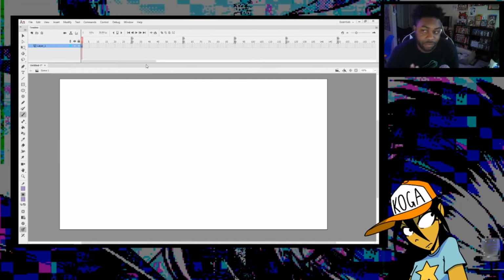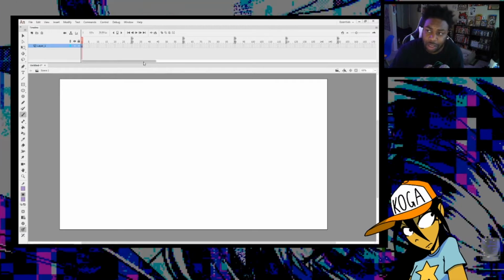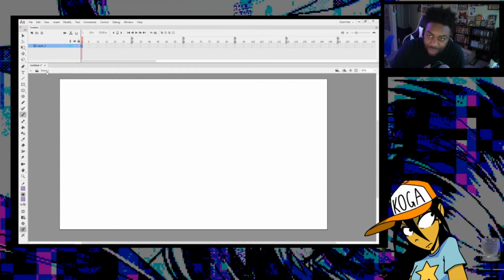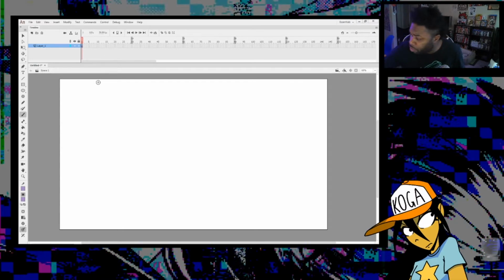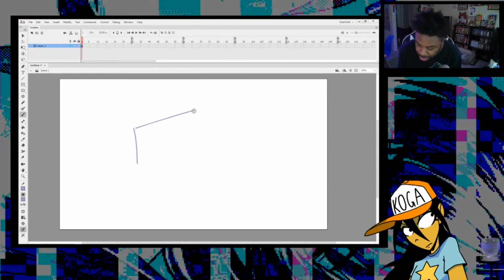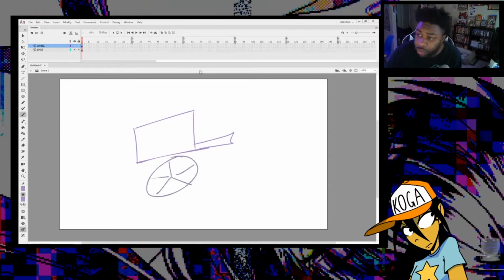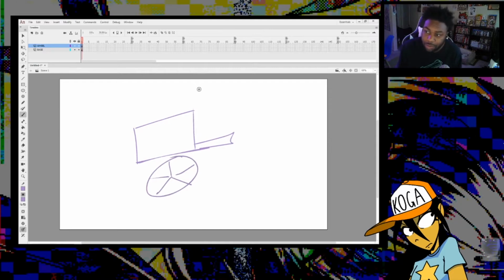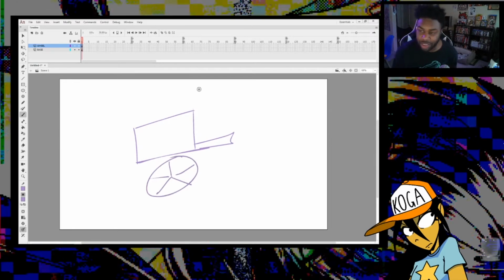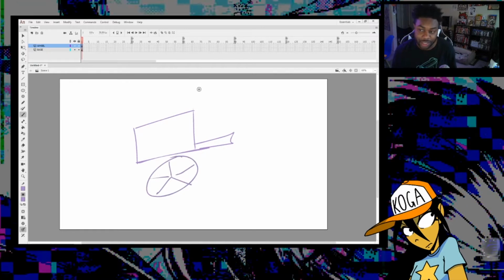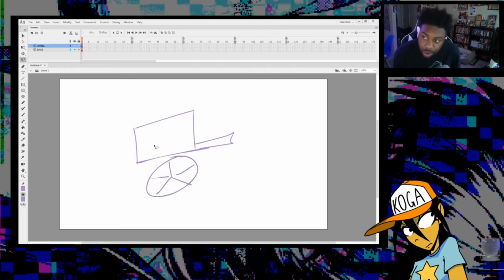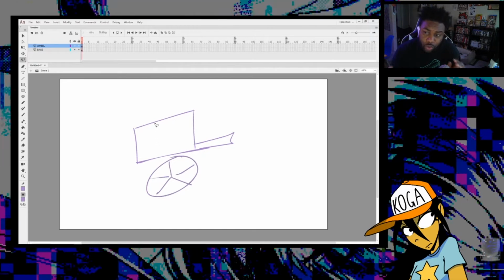And this is what makes it confusing. So I think the hardest thing to grasp is that you've got your main timeline, which is scene 1. Just to illustrate what I'm saying, let's say I'll make the shittiest wagon in existence. When you're doing animation, this will be considered a complex animation because there's more than one thing happening at the same time. So whenever you get complex animations like this, it's important to just do each thing one